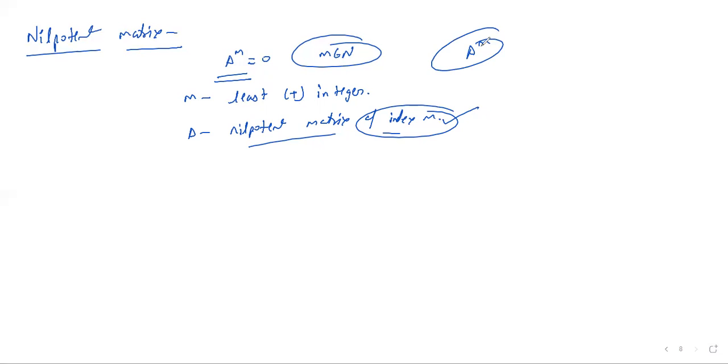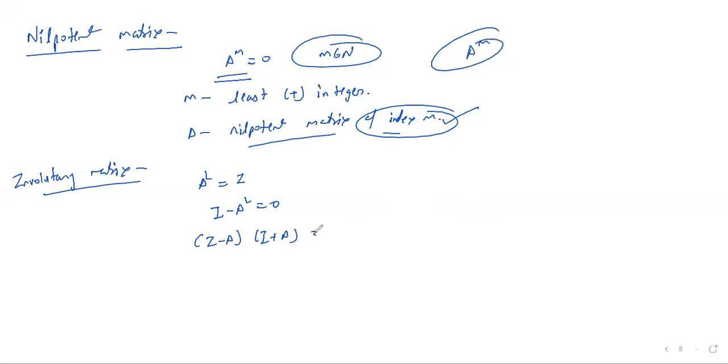Okay. Now we have another matrix which is said to be involutory matrix. These are those matrices for which A square is equal to identity. Okay, and we can write this as I minus A square is equal to 0, that is, I minus A, I plus A is equal to 0. Okay, now the identity matrix is involutory. You can see it like that: A equals identity I, and A equals minus of identity. Okay, now if we take a determinant of this,